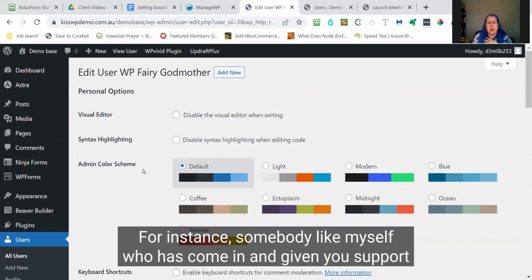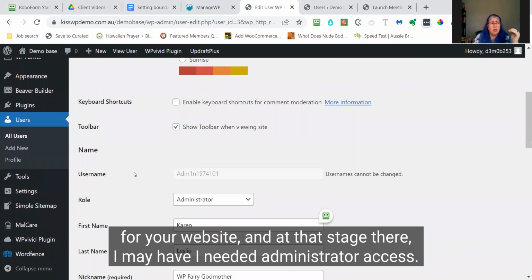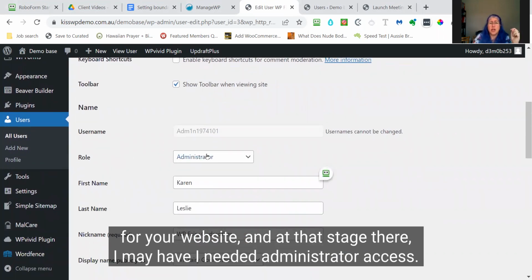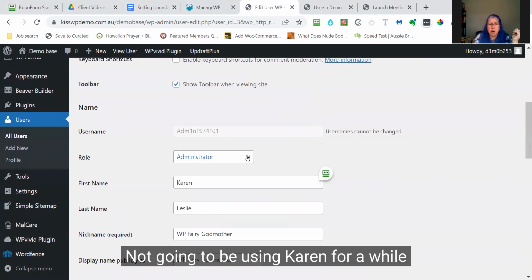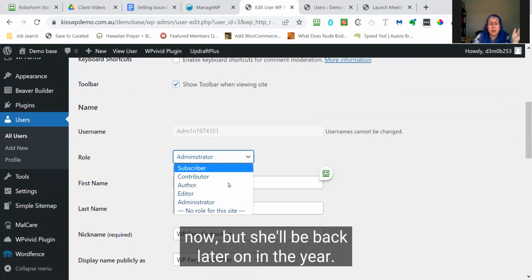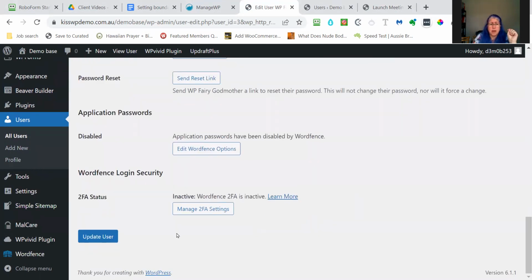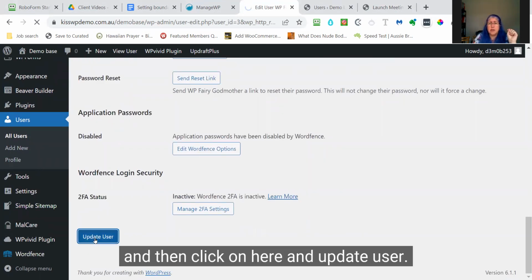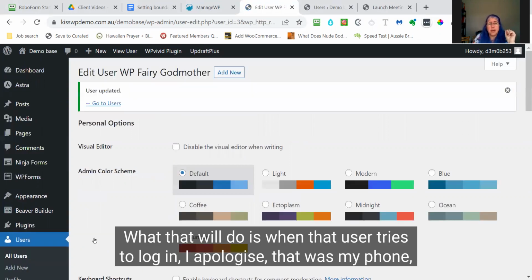For instance, somebody like myself who has come in and given you support for your website, and at that stage I needed administrator access. You think, you know what, I'm not going to be using Karen for a while now, but she'll be back later on in the year. You can switch that to no role for this site, and then click on here and update user. What that will do is when that user tries to log in,